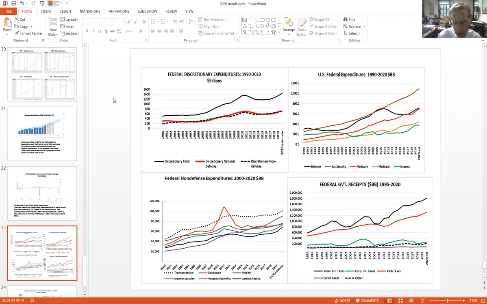And again, you'll have to look at the video on national defense and the defense industry. But the red line indicates defense expenditures. And you can see in recent years, they've started up. Over on the right side, we see other federal expenditures. And the big item that really pops out there is Social Security. And this line will continue to go up as seniors retire. That's a trend that's in process right now.